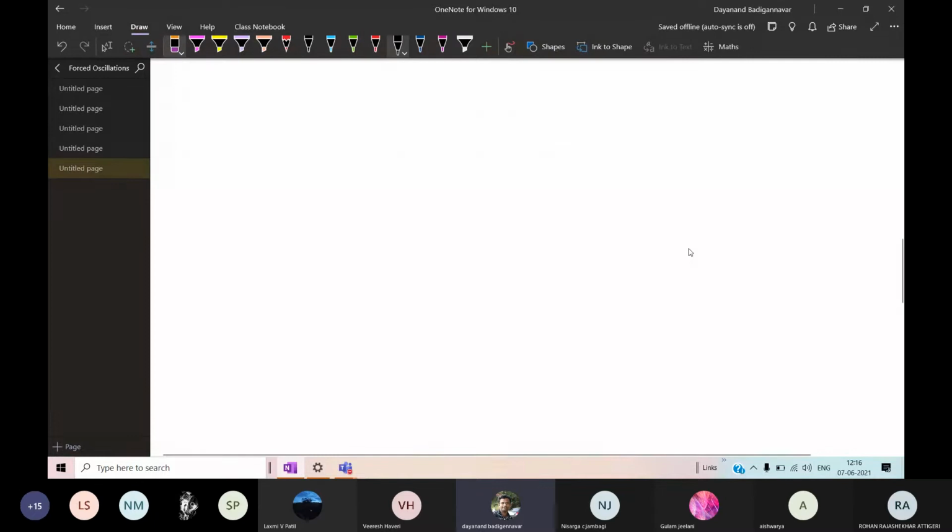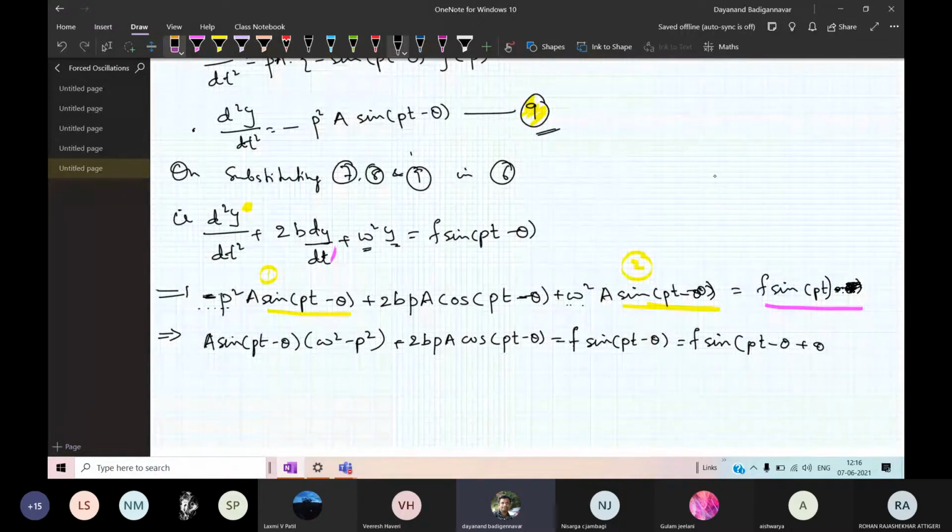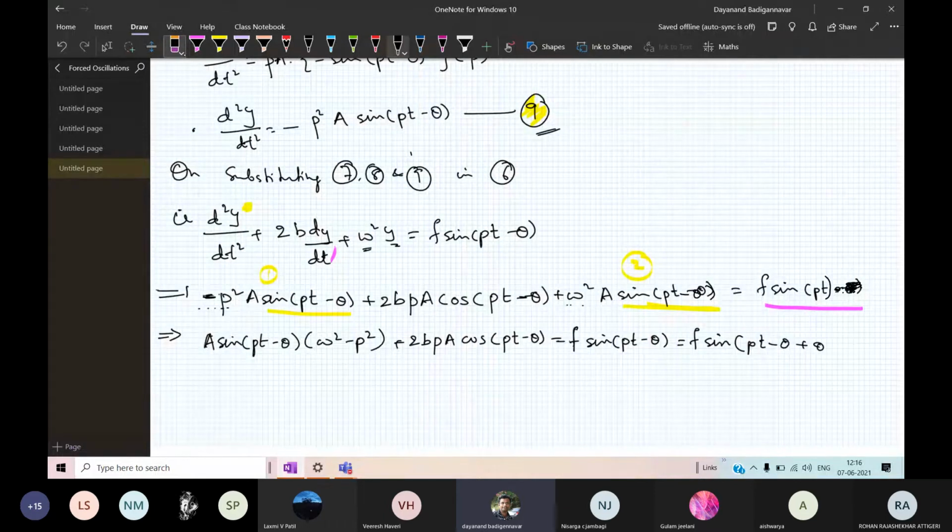Hello students, are you able to hear me? Yes, sir. Okay. There is a small change here. I just added theta there for that, and I'm not getting why this eraser is not working. Okay, fine. Let it be. Now it has come. There is a lag because of the internet.